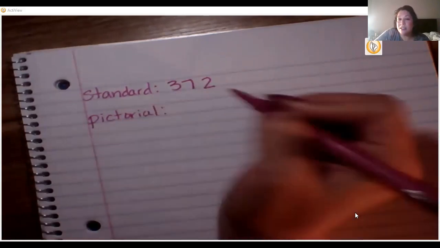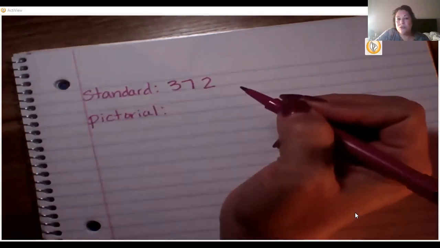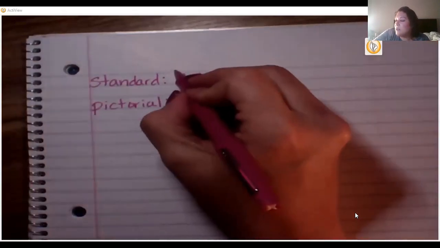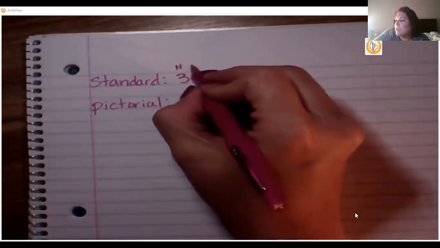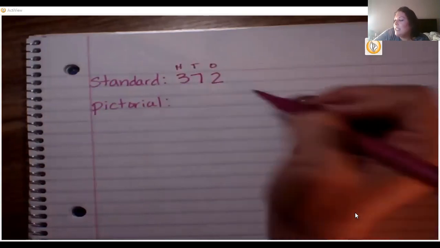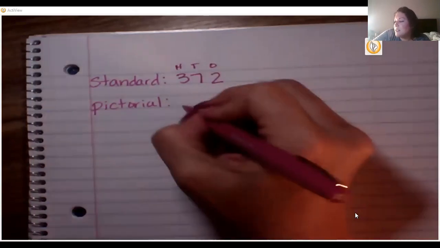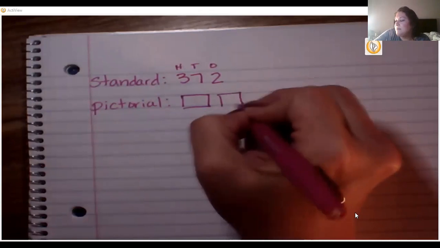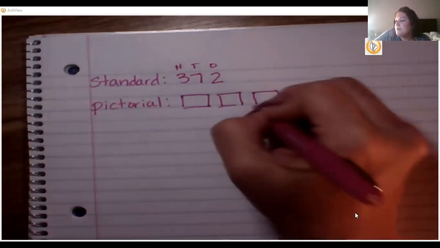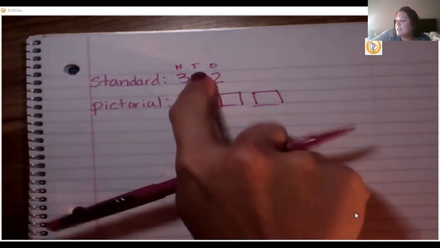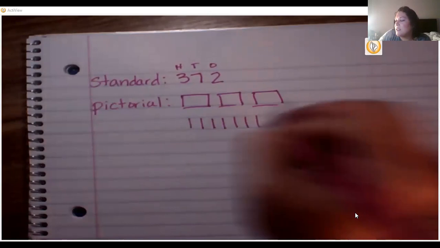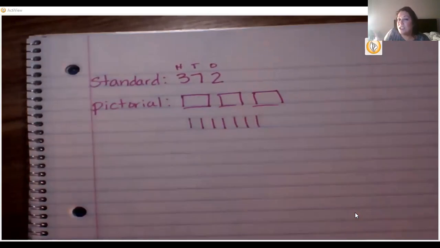model of this number. So I'm going to show you this number 372 in pictures. I'm going to draw a little chart to help me plan it out. It has 3 hundreds. I use my squares to represent the hundreds. It has 7 tens. 1, 2, 3, 4, 5, 6, 7. There are those 7 tens. I use the sticks to represent them. And on the ones, I